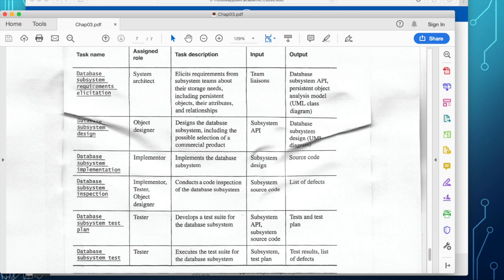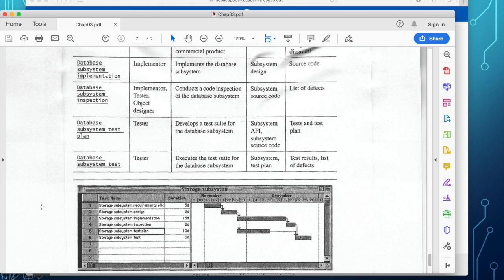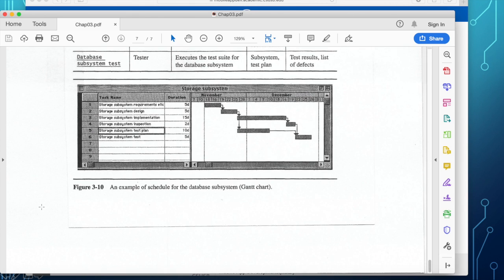This task name or work units are going to be depicted as a Gantt chart, and they are listed here on the task name. The requirements elicitation takes 5 days.